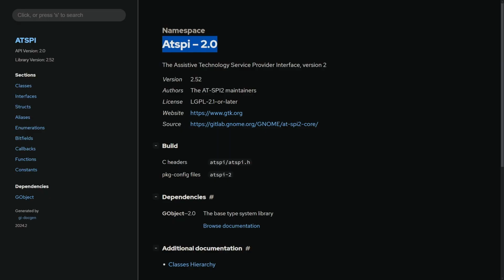And finally, what I ended up settling on, which is the primary way that Hints works to gather UI elements, is using AT-SPI. Now, AT-SPI is built by the GNOME Foundation, and it stands for the Assistive Technology Service Provider Interface. Essentially, it's just the closest thing we have on Linux to a good accessibility solution that works across many